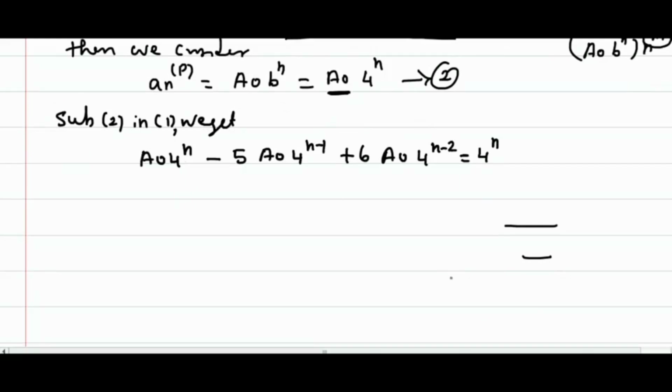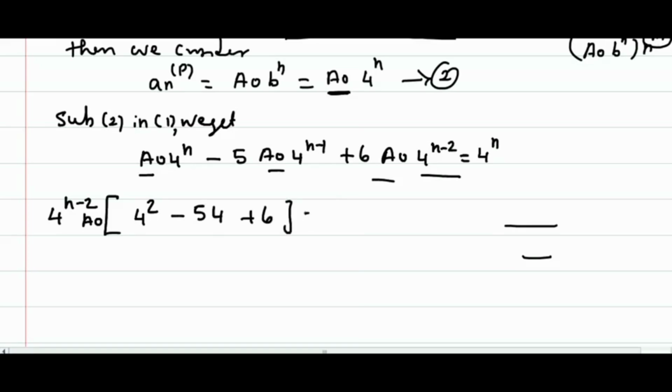Now we find the a naught value. Here 4 power n minus 2 is the least term, a common value, so we take it outside. We get 4 power n minus 2 into, a naught also outside, 4 square. If the base is the same, we can add powers. We get 4 power n minus 5 into 4 only, plus 6, equal to 4 power n, which can be written as 4 power n minus 2 into